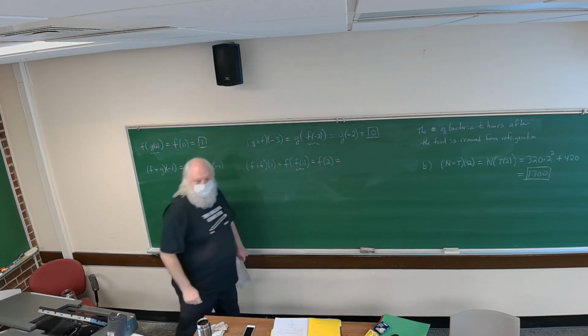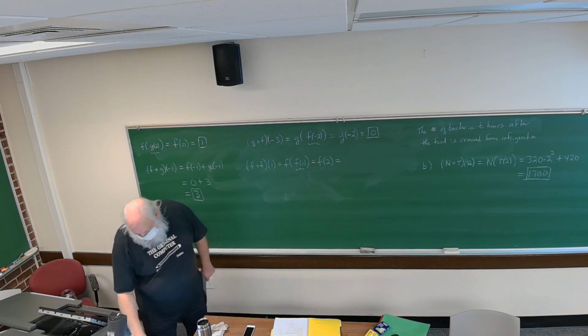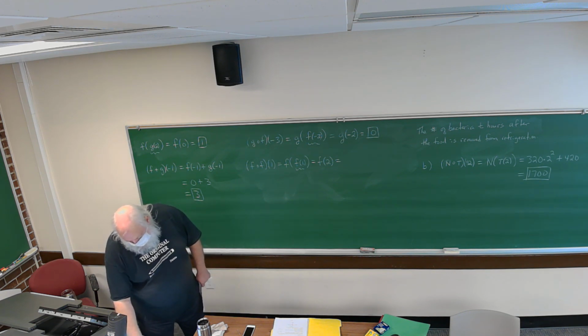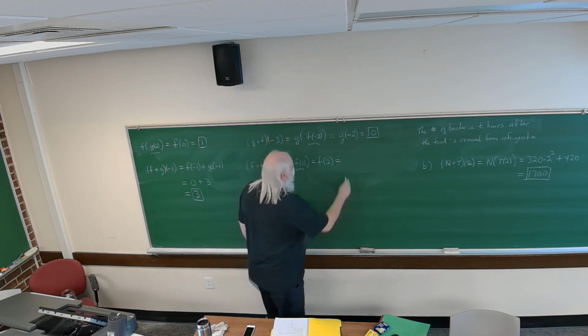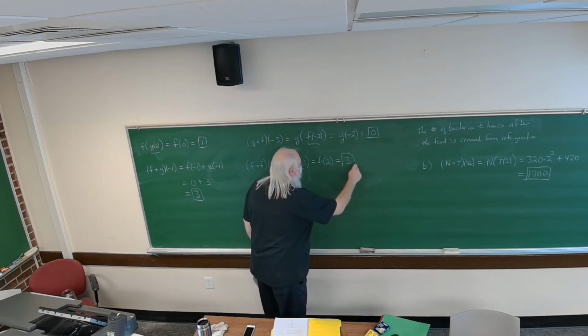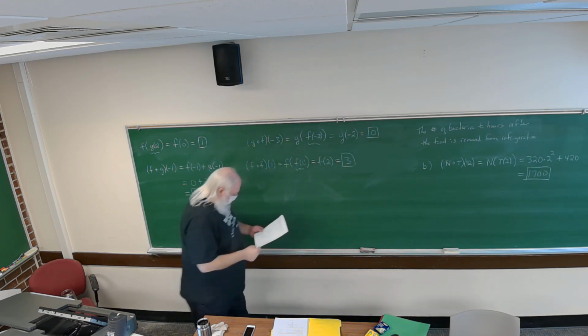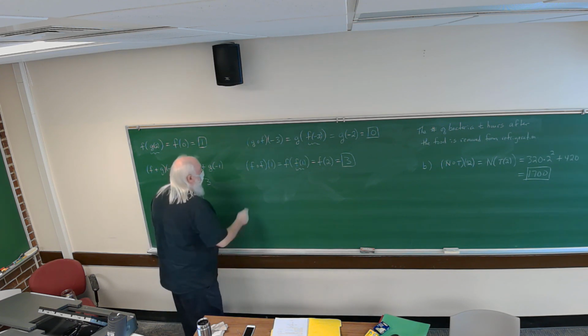Now what's f of 2? Here's the point on the graph at x equals 2. It has a y-coordinate of 3, right? That's the point 2, 3. So f of 2 is equal to 3. And then we have